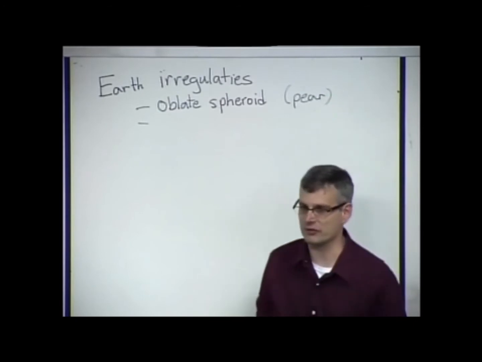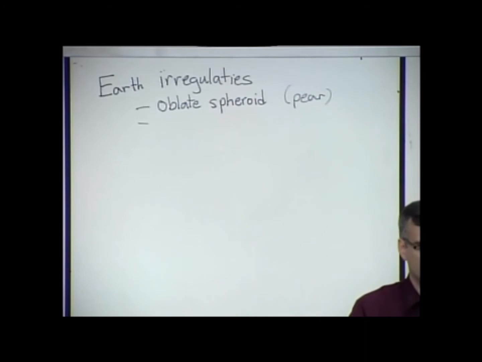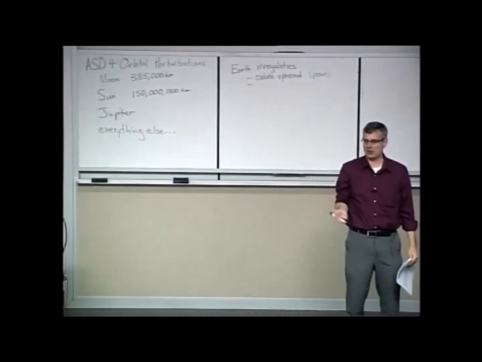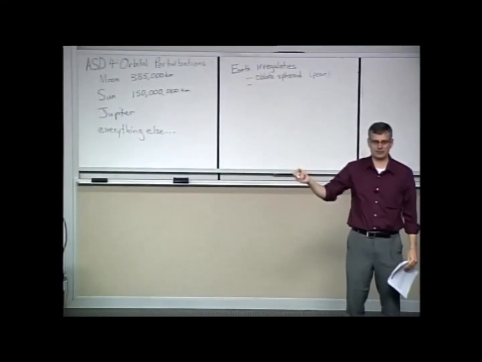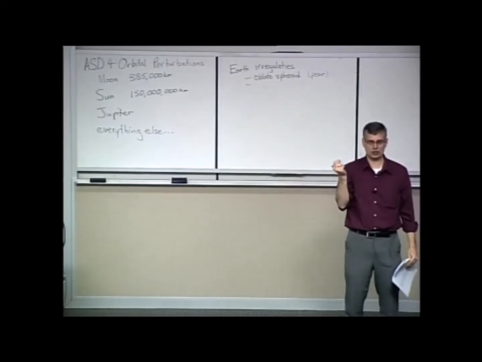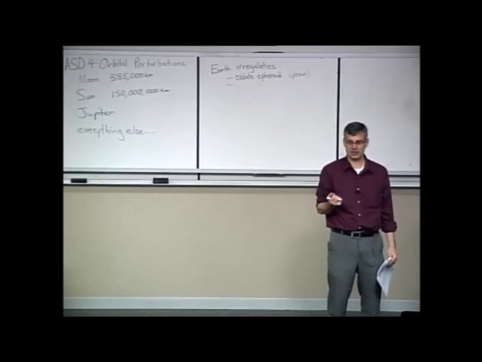Now, it doesn't look like that from space because the disturbances are minor. If you just visually look at it from a distance, it looks like a sphere. But it's not perfect. It's actually a little bit bigger at the bottom than it is at the top, just slightly. You would think that wouldn't make a difference. But if you put a satellite up there for 10 years and let these errors accumulate day after day, you'll actually notice a difference, from the fact that it's an oblate spheroid instead of a perfect sphere.